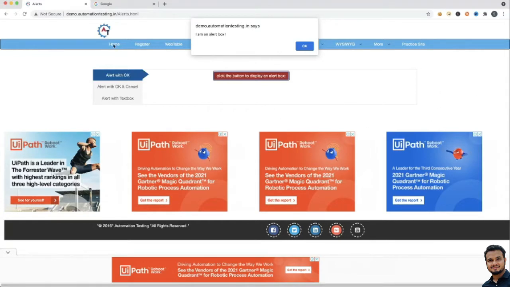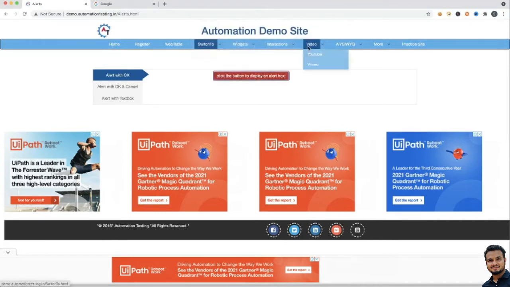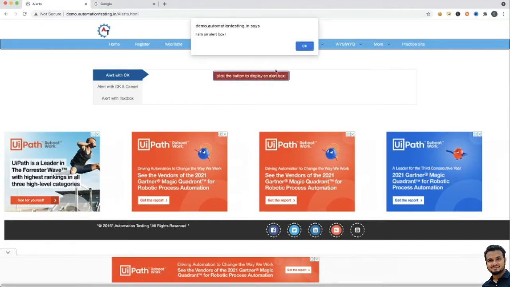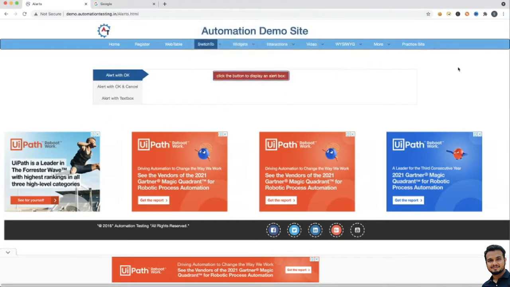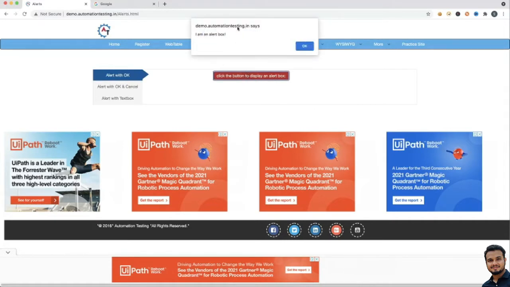See, if I want to click here or here, I will not be able to, because I have not pressed OK for this alert, right. Once I press OK, then only I can perform any actions on this web page. So, this is basically your simple alert. These alerts are just informational alerts and have an OK button on them. Users can click on the OK button after reading the message displayed on the alert box.